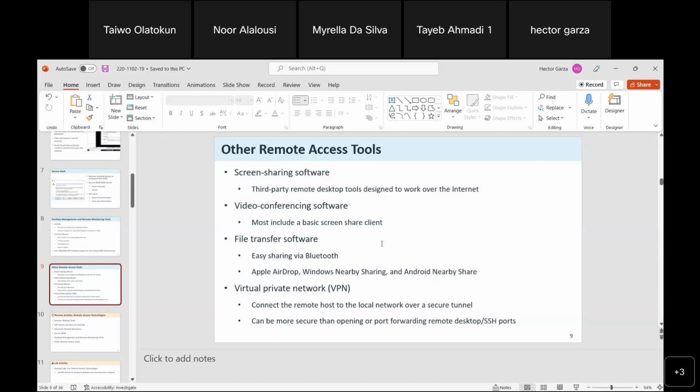In this case, with the AirDrop to another computer. So Apple AirDrop, Windows Nearby Sharing, and the Android Nearby Share. So again, file transfer. It's very convenient to transfer the files if you don't want to do it through the regular procedure of just having a shared folder